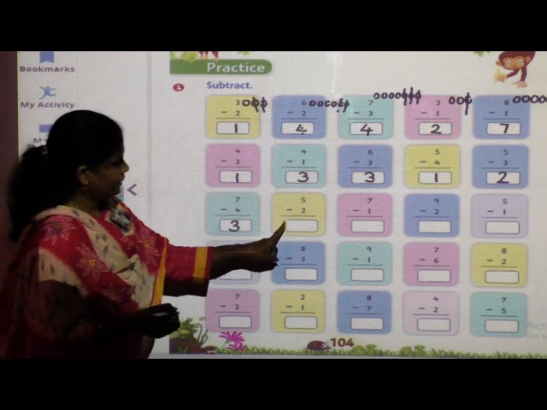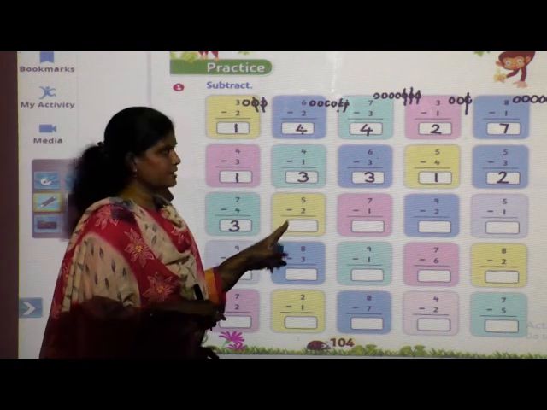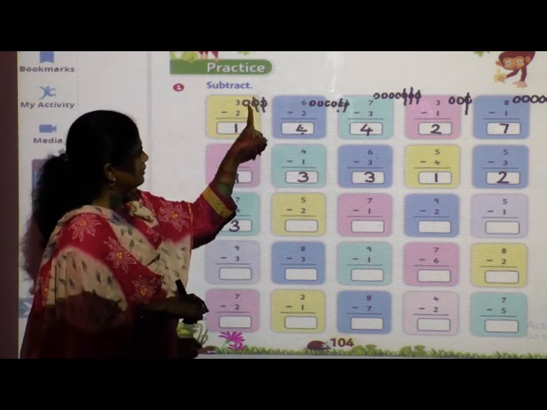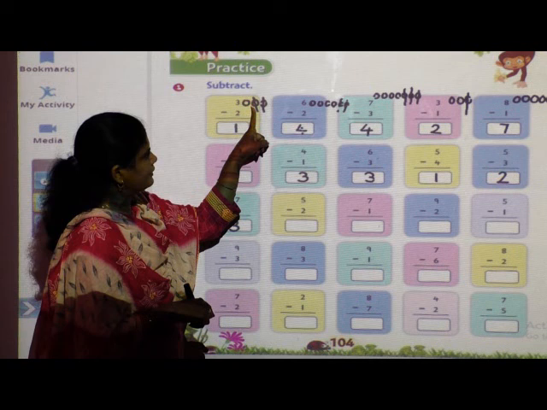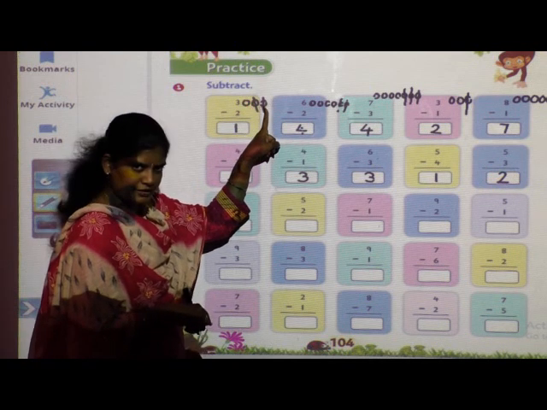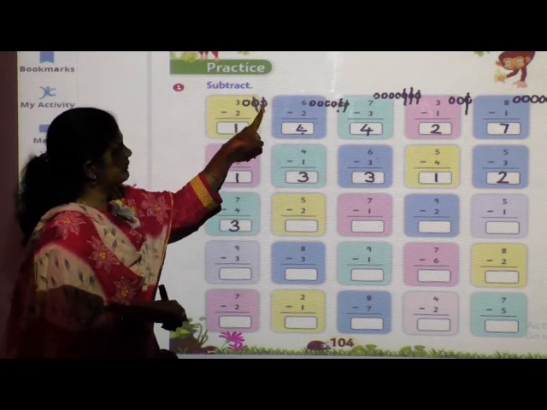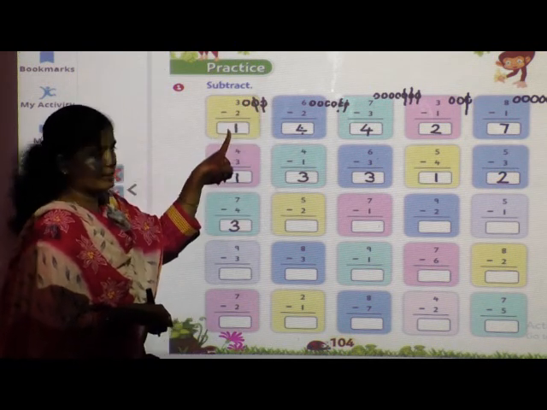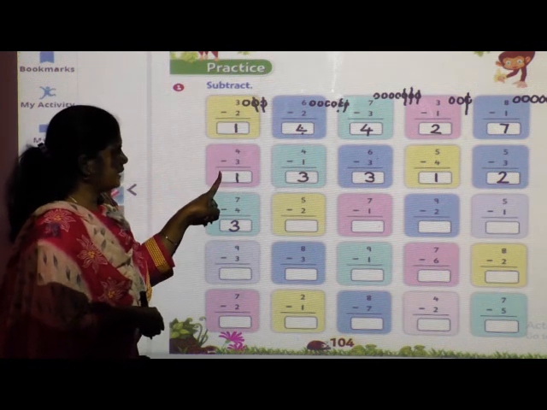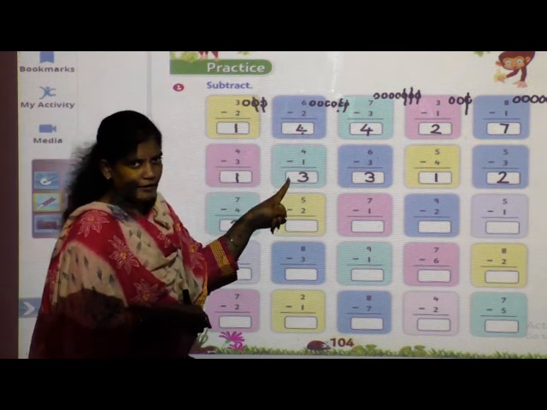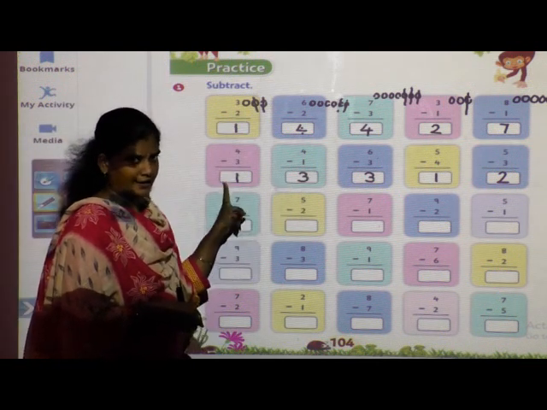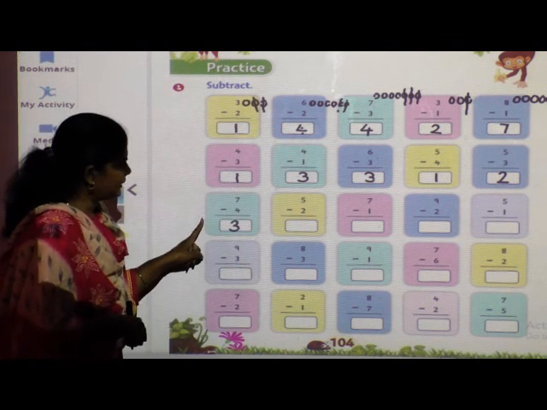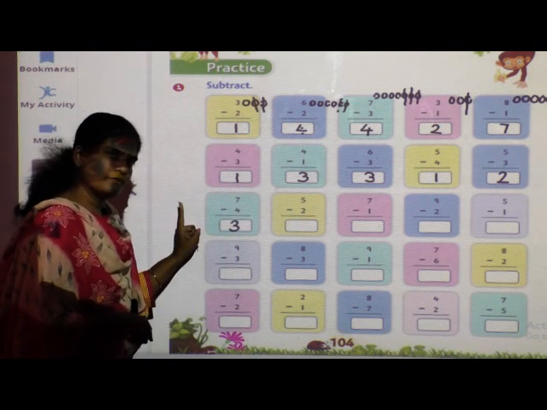Now see here, one more thing. Once we have seen the number, in front of that number we have written as many balls, and downside we have cut the number, and the remaining number we have written here. And here on the fingers we have counted, cut, and then wrote.